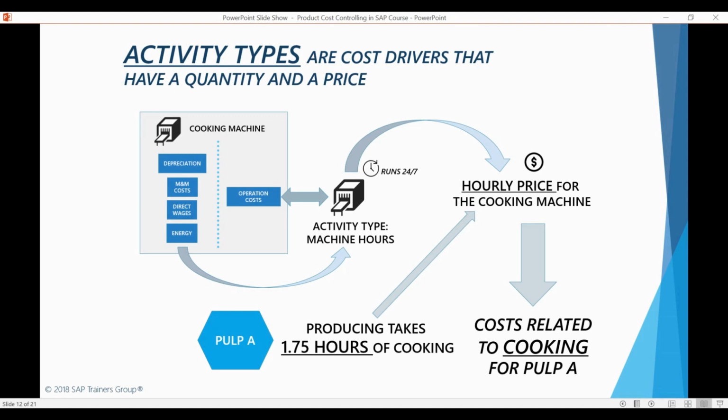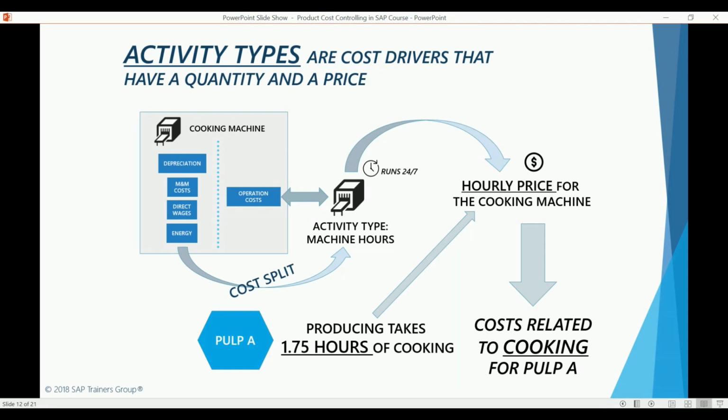The idea is that the machine hours will include all costs that it takes to run a certain machine for a certain time, including overhead costs. The connection between cost centers and activity types works like this. First, you need to assign, or using SAP terminology, split the debit side cost elements to one or more activity types. In our example, the word split is a little bit odd as our example company uses only one activity type. But as just mentioned, there can be multiple different activity types, and the debit side costs can be split